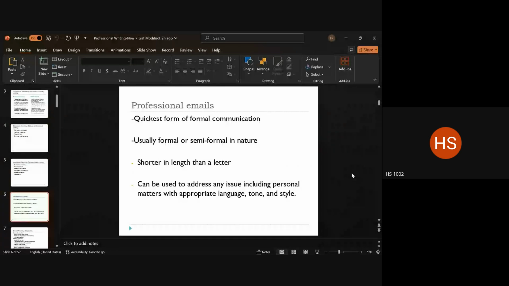But there are still certain formal domains where WhatsApp messages aren't considered formal enough, or authentic and credible enough. For that purpose, even today, people are required to draft a formal professional email so that the client or the participant takes it more seriously, right?